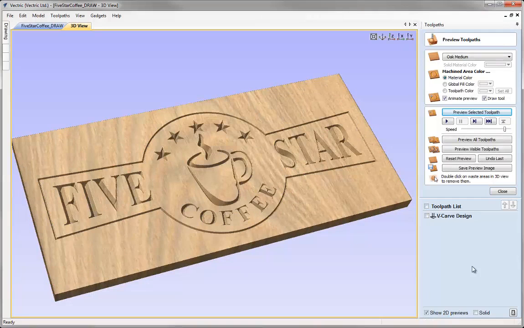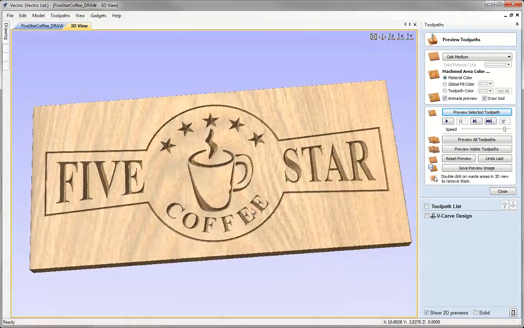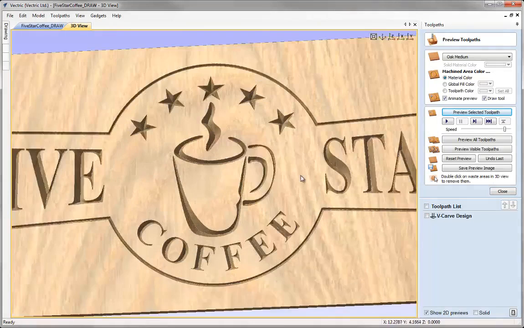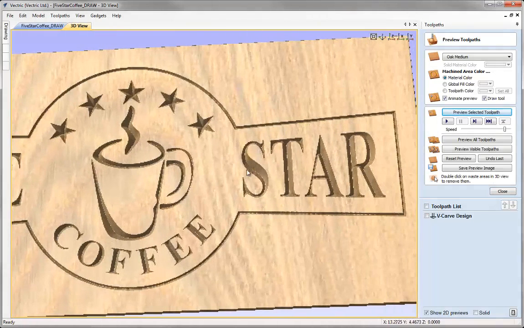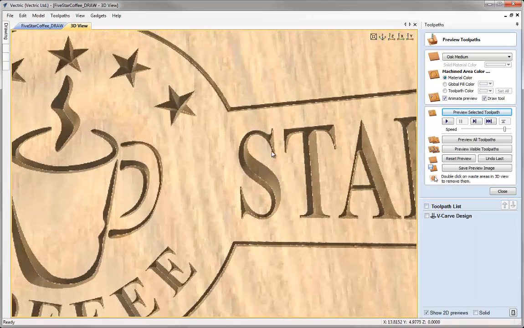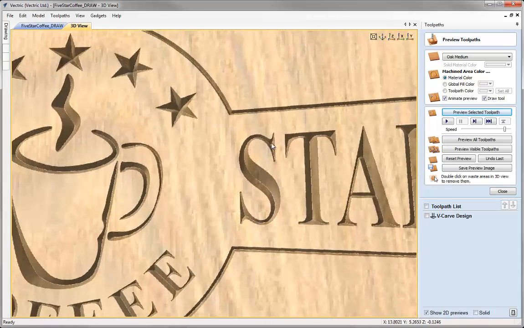And we can see straight away by using this tool it has gone in a lot deeper, and it's made the text and the icon a lot sharper. This is all governed by how wide the vectors are separated apart. As we can see at the top of the S here, it's actually quite narrow, and that's all down to the fact that the gap in between these two vectors here is quite narrow. So that means the tool has had to come up quite steeply here,